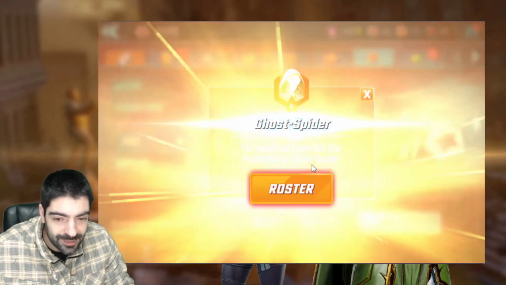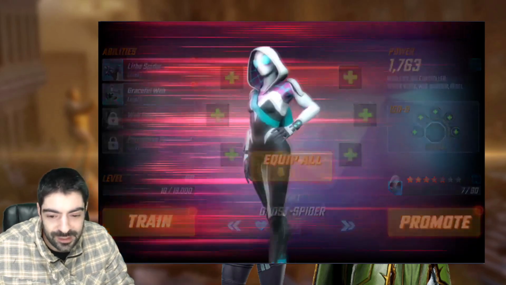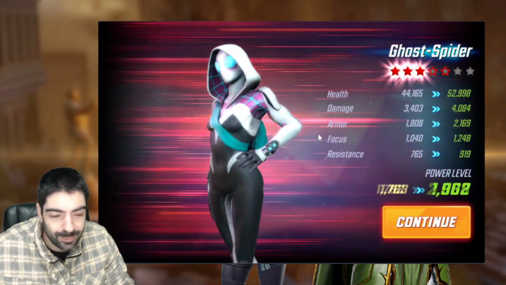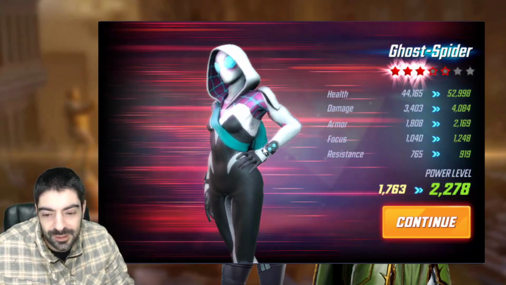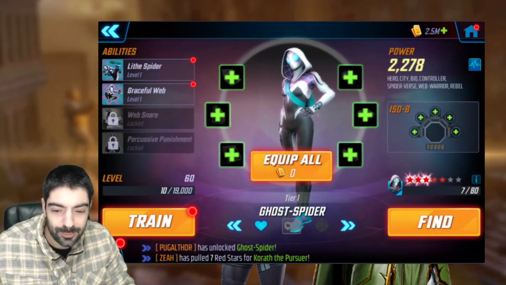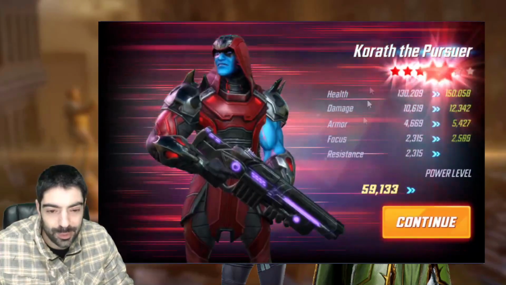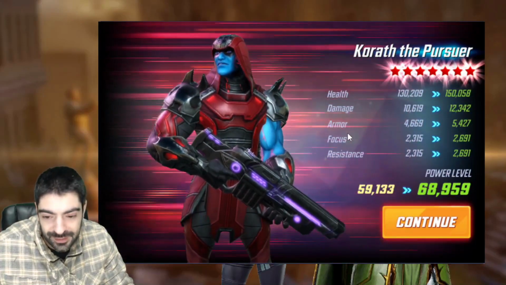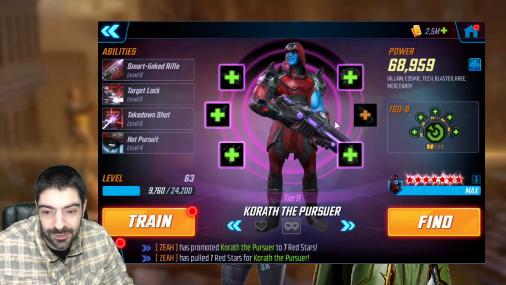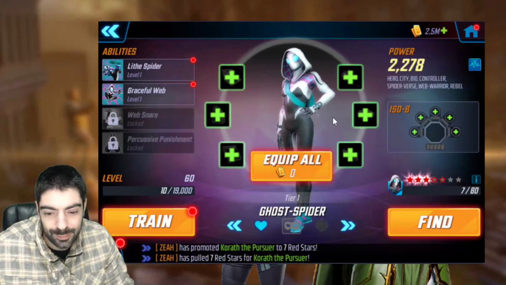But it's better to spend cores than to spend money. Like buying a red stars deal, it's like 50 bucks for 14 orbs. That's such a scam. So at least the cores, they usually come free, or when you purchase them, it's only on those super deals. And yeah, Korath at 7 red stars. Too bad he doesn't have any good team. Maybe for Alliance Wars defense,